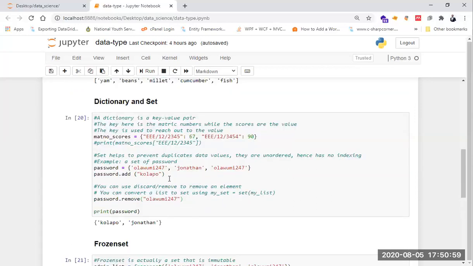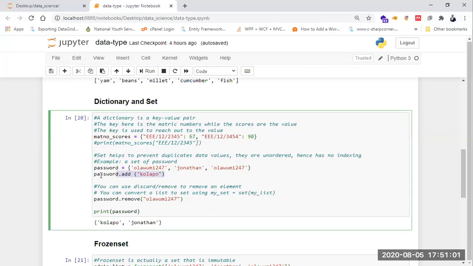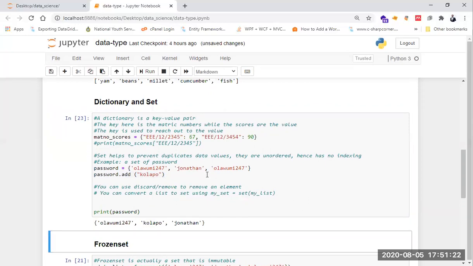Anytime one does not specify and one just adds it as it is, what it's going to do is add it to the back, like the back of it. Let me clean this and let me run this again. Realize that, let me look at it. Okay, sorry. There's another thing concerning sets. It's not all